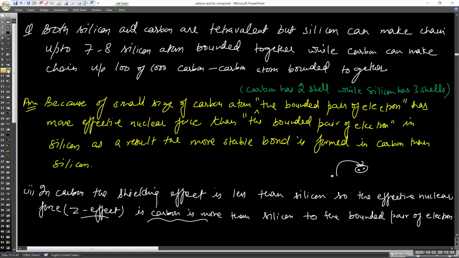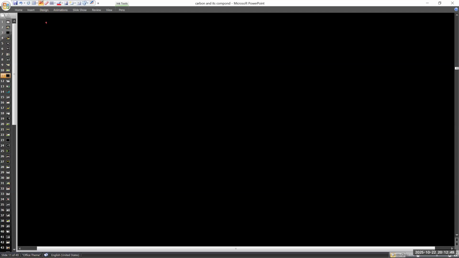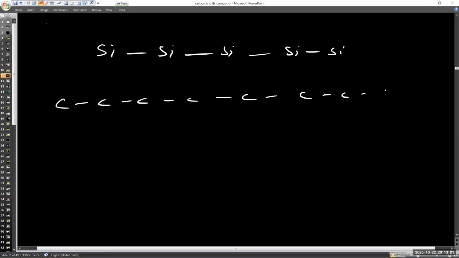Now, there's a question: both silicon and carbon are tetravalent, but why can carbon chain so much more? Silicon can make a chain of up to 7 to 8 silicon atoms combining together, and after that it breaks. But carbon can combine thousands of carbon atoms together, not only in a straight chain but in branches